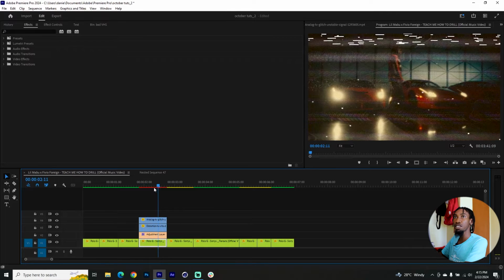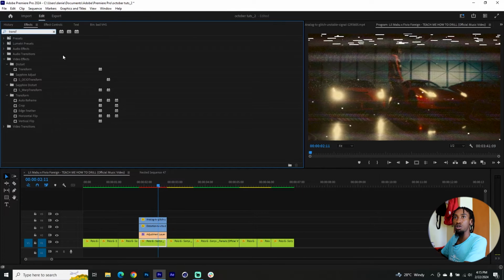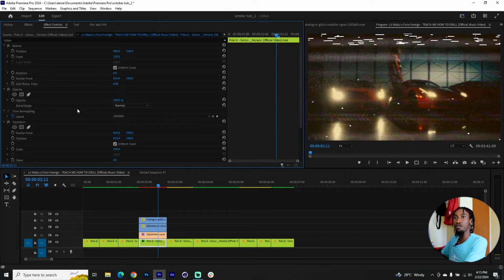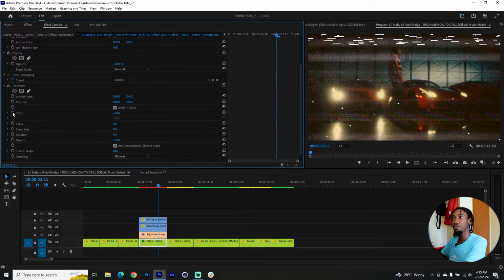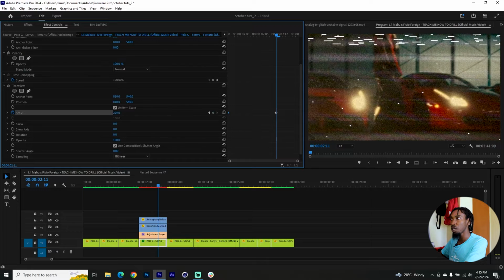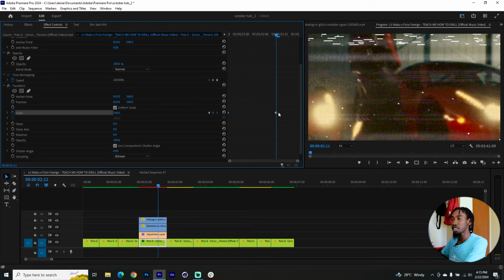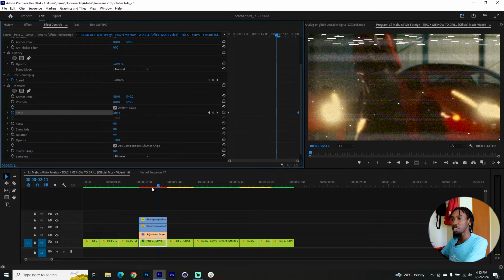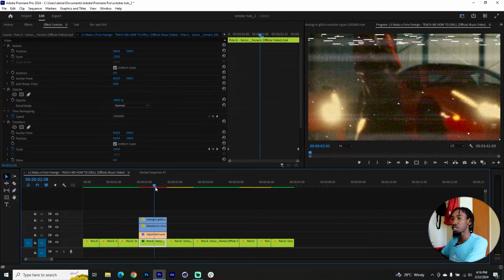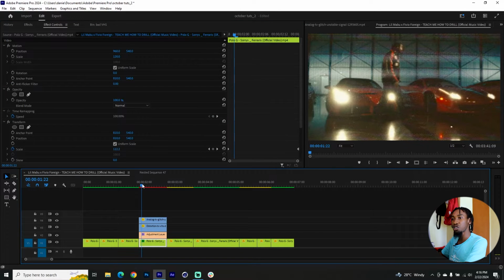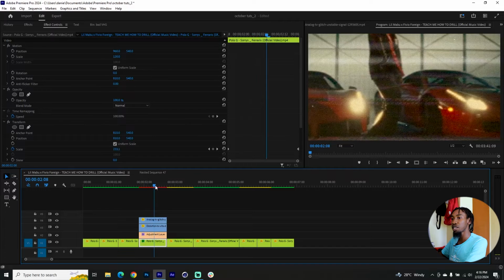So just go to your effects and look for a transform, drop it on the clip itself, and then go to the effect controls, add a scaling keyframe, make sure that keyframe begins, and then scale into the video up to 300 if you can, and then drag that keyframe to the end so that it always zooms into the picture. This is an important step because it will ensure that we are constantly zooming into the video